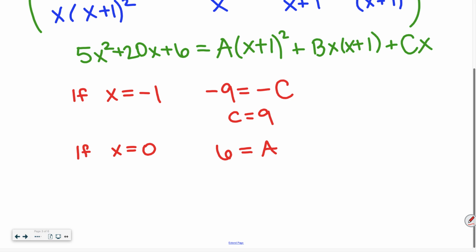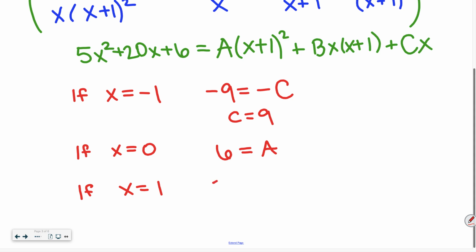And so then at that point, could we just plug in any random X value? I mean, we're picking strategic random X values here, right? Could we just do another one? What would be an easy number to plug in? 1 would be an easy number to plug in. If X equals 1, we would have